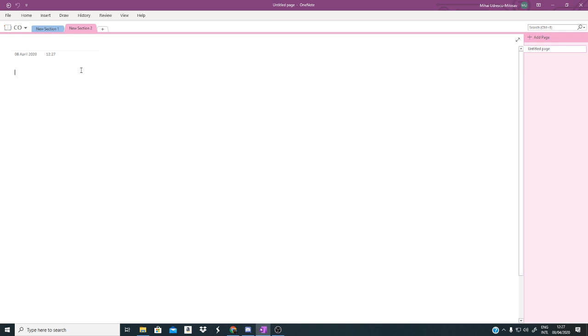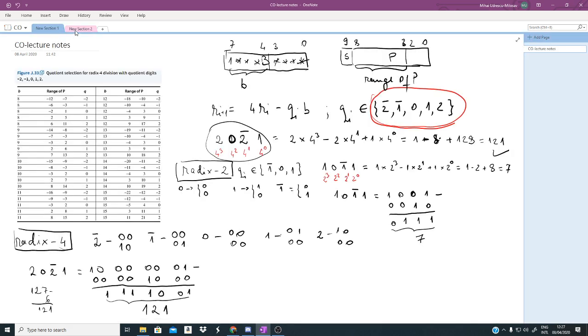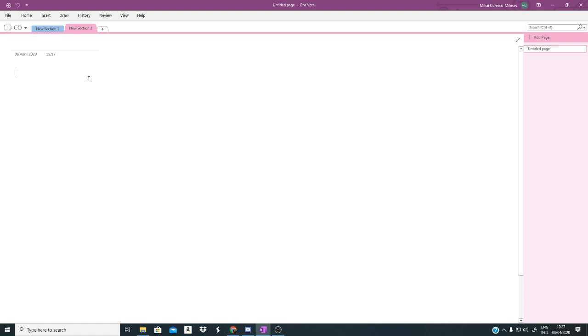And what's next is that we want to actually divide these two numbers, namely, so this is an example. We divide